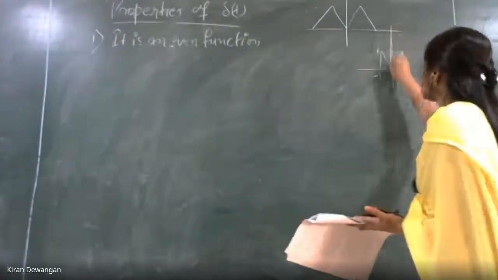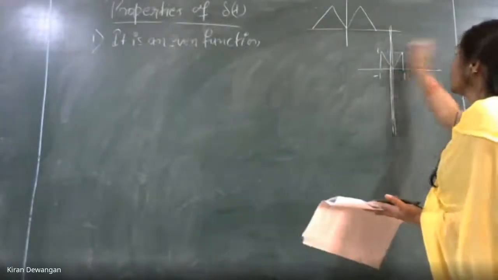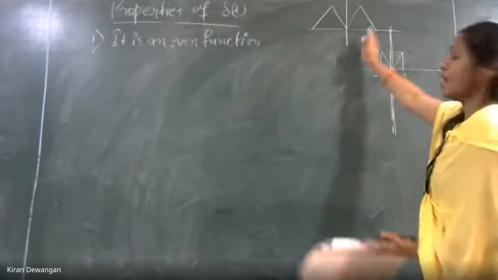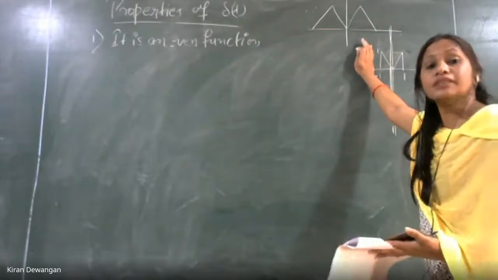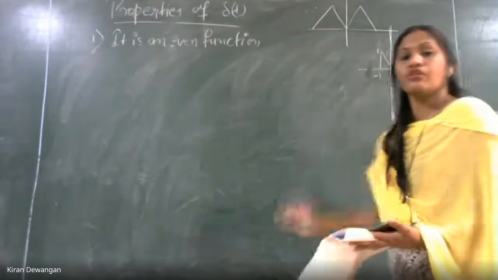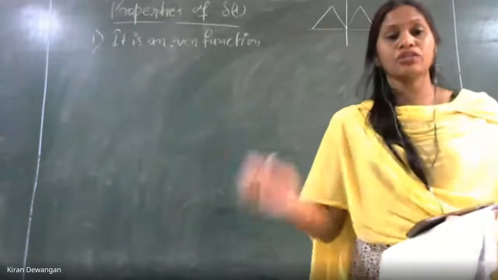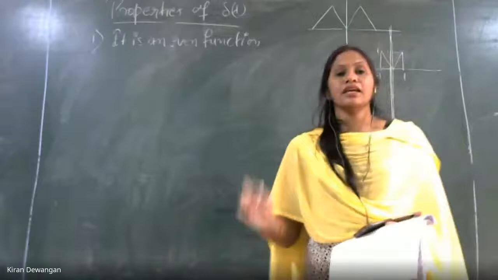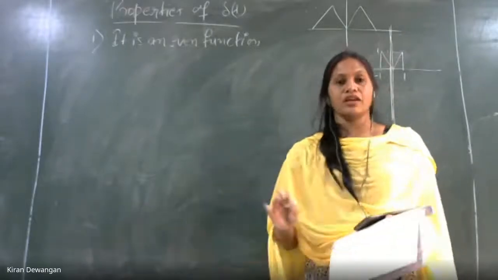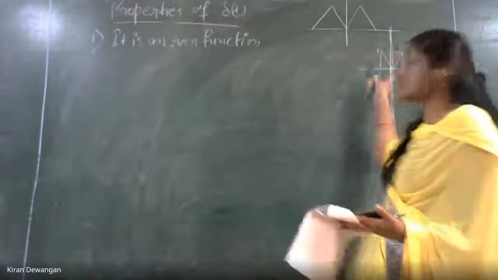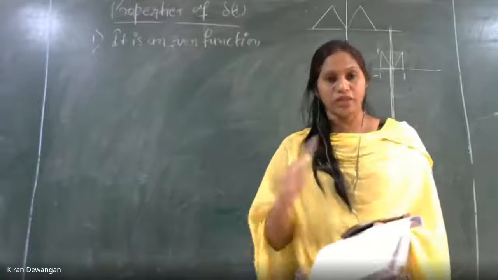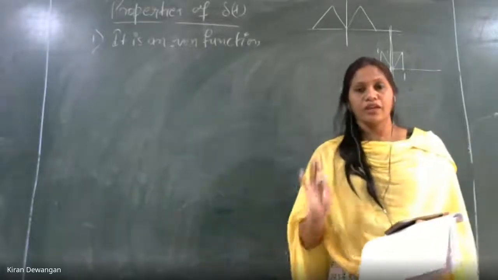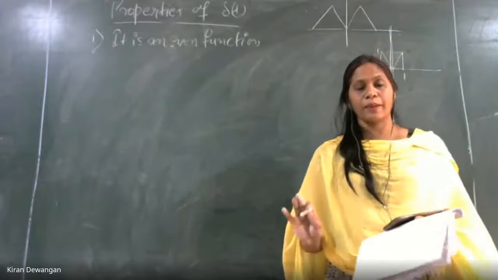ऐसा लगना चाहिए कि this is a mirror in between the signals at positive t and the signals at negative t. Is this clear now? That is what an even function is. अगर कोई फंक्शन ये कंडीशन को सेटिस्फाई करता है, then only we can say that the function is an even function. Otherwise, if it is not satisfying this condition that x of t is equal to x of minus t, then the function is not an even function. Clear now? Even function concept is clear or not? Clear, right, everyone? Yes, ma'am.